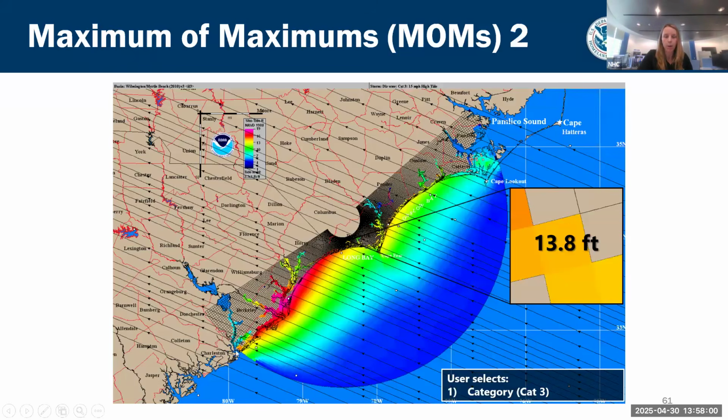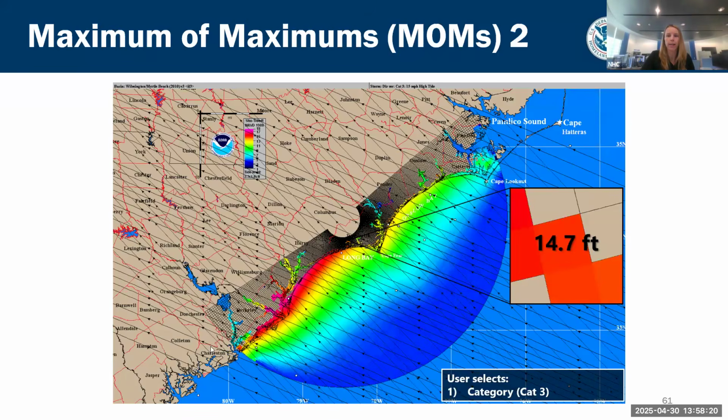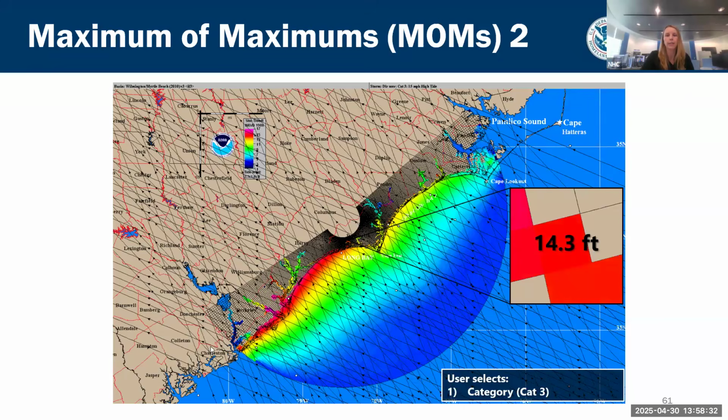So this is the MEOW we built before. This had the west-northwest trajectory. It was moving 15 miles per hour and category 3. And so you can imagine that we have MEOWs for all the different directions. So let's change that direction just slightly. We'll choose northwest. Again, we'll follow that single pixel along the North Carolina coast. And you can see that the vulnerability increases from this direction. We'll change the direction again.